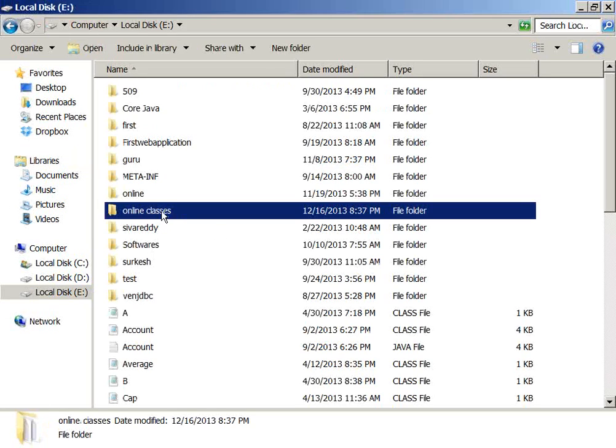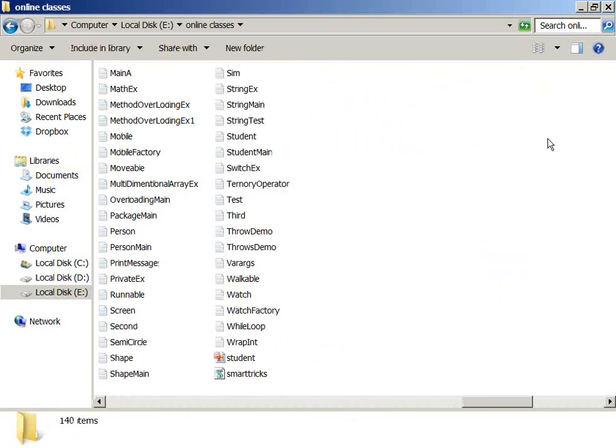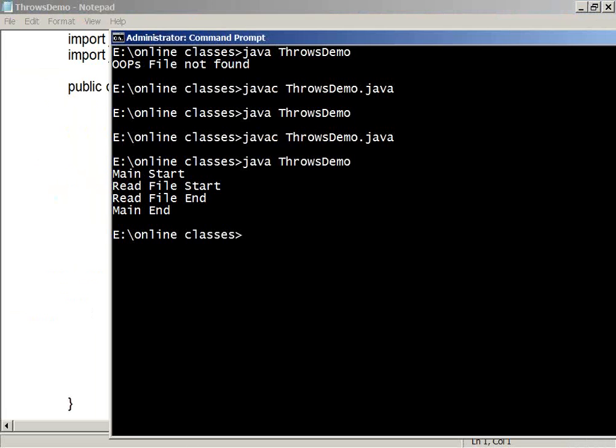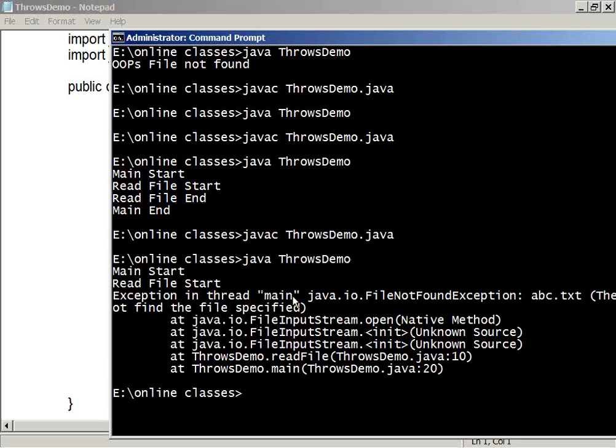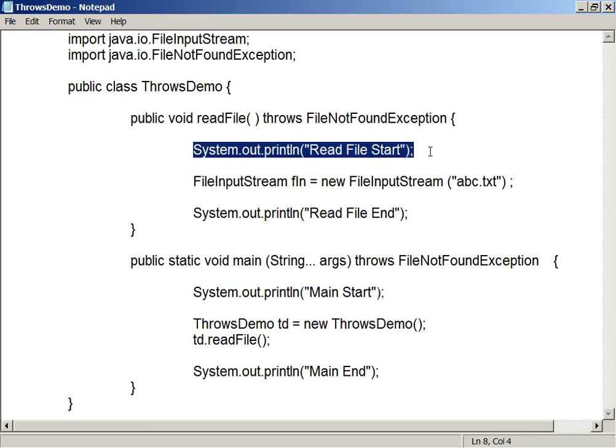Now let me remove that file from the hard disk. Online classes, ABC, it is there, right? Now see this. I removed it. Now let me compile it. The compiler is fine, but see where the error is raised: at runtime. Why is the error raised at runtime? Main start, read start, but you don't see anything after this.